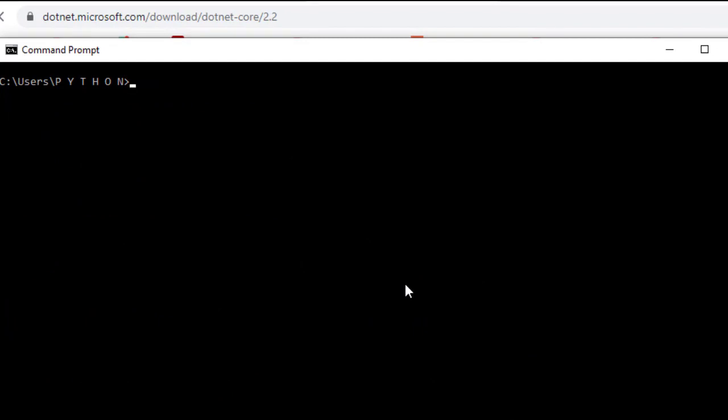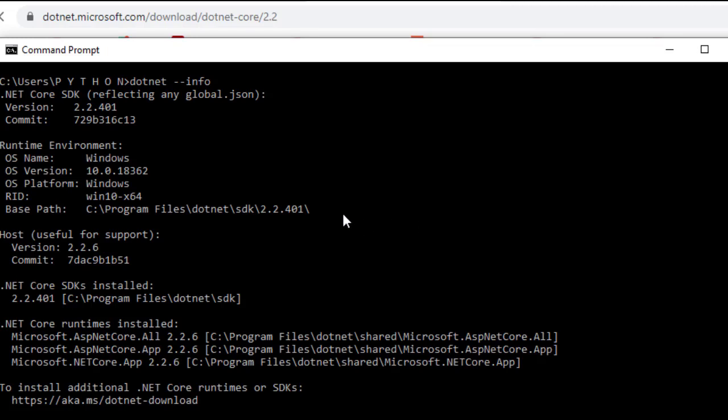This will give you access to the .NET command line interface. What we want to do is just type dotnet --info. Then this will tell you which SDK you have installed and which .NET Core runtime you have installed. I have installed only one version of the .NET Core SDK, but we can also install multiple versions of .NET Core. That's absolutely fine. And the host, which is the version of the .NET runtime we have installed, is 2.2.6.